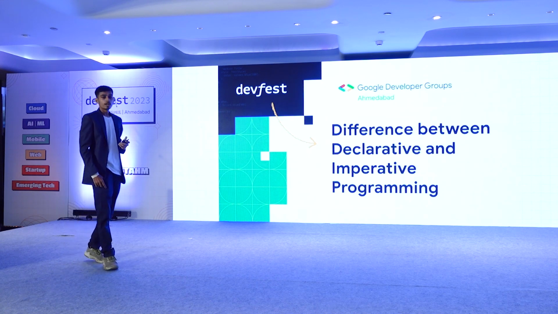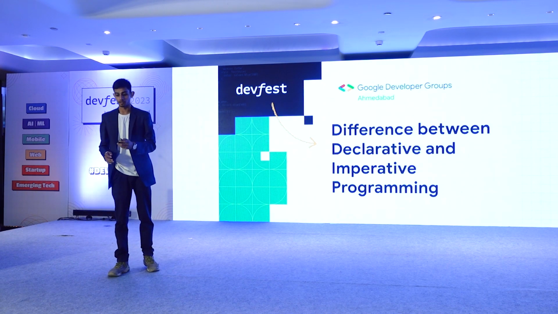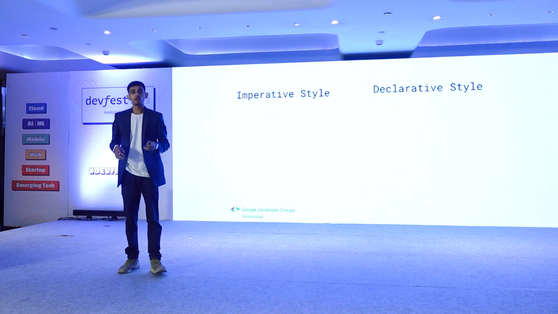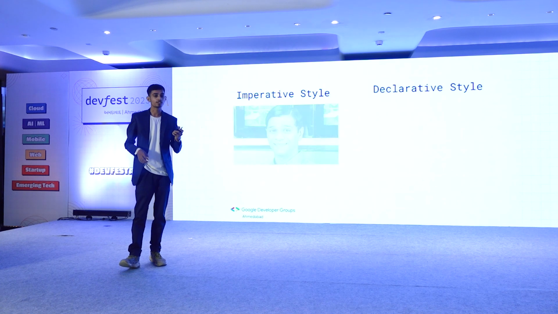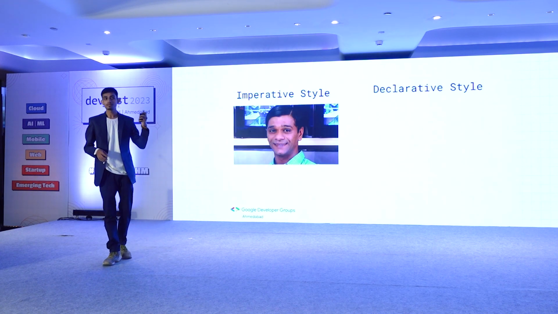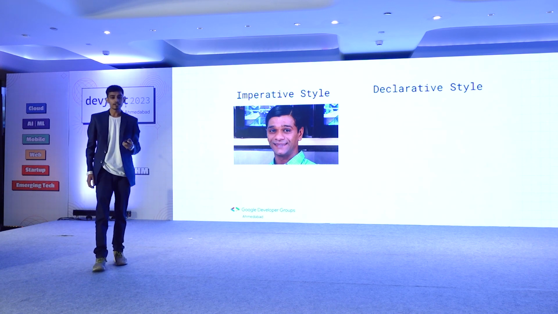Okay, so let's understand the difference between declarative programming and imperative programming. To understand the difference between these two, let's take an example of this. Is there anyone who doesn't know this? Baga, right? And at the right hand side,